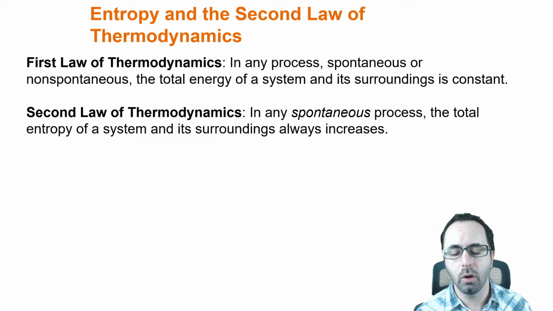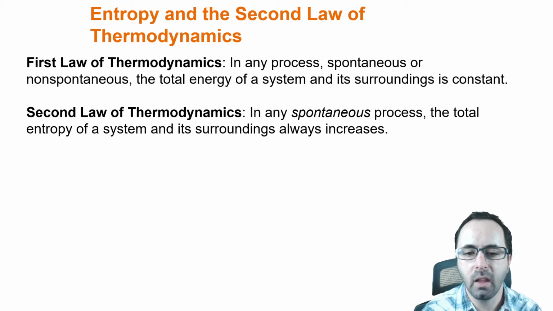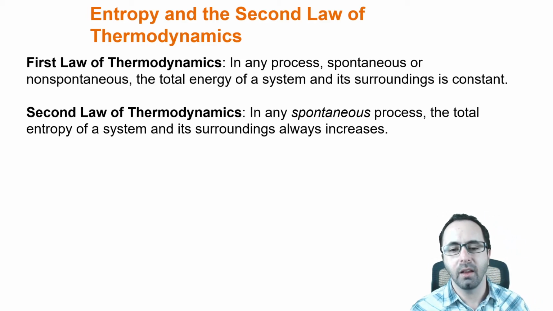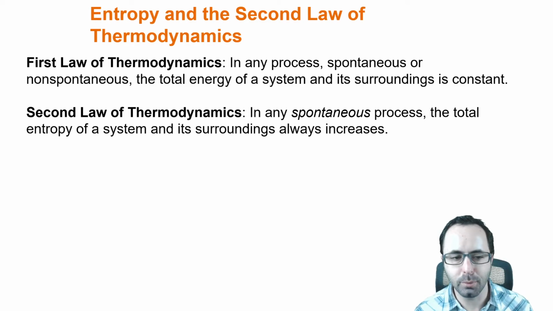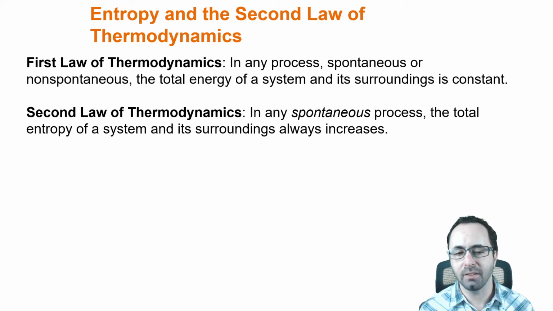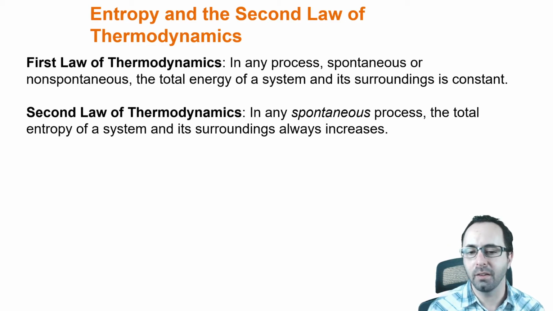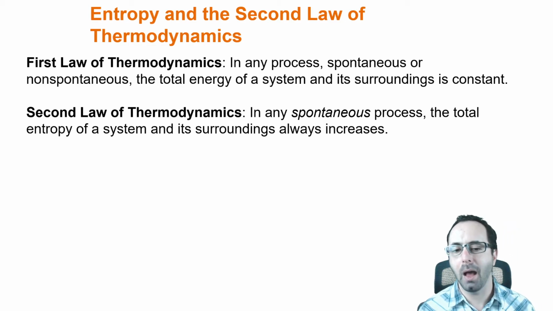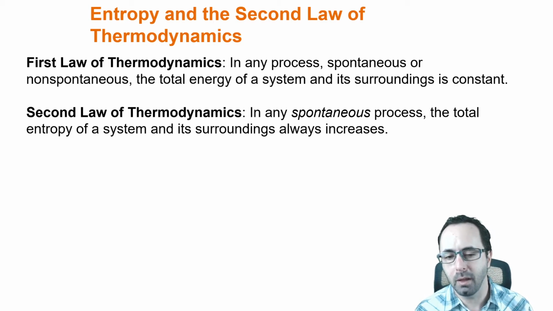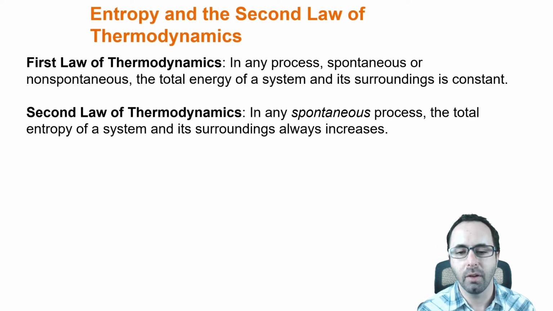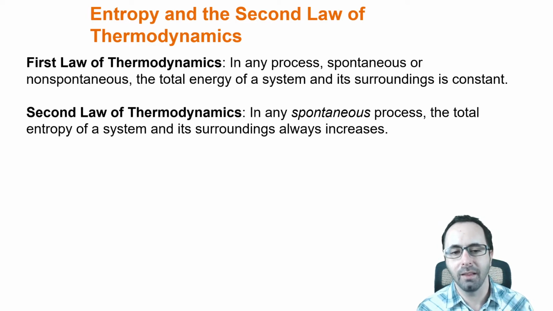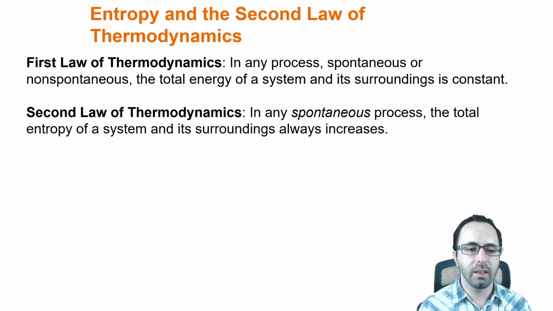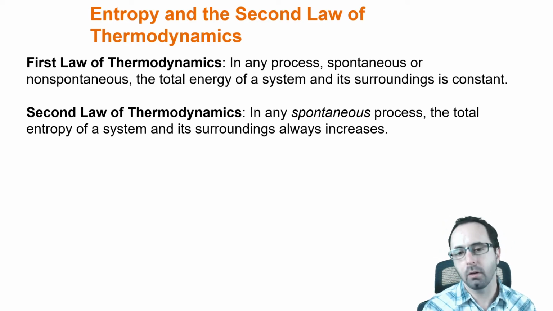It is increasing more and more, and molecules are getting more and more spread out, and eventually, when everything is all spread out and even, they call that the heat death of the universe. That is when the second law of thermodynamics has gone on and on until the entropy is at its maximum level. Then nothing will ever happen, because for things to happen, entropy must be increasing in the universe. And eventually that comes to an end. That's the heat death of the universe. But in terms of the names of these, first, second, third law, I don't care if you know which one's the first or the second or the third.